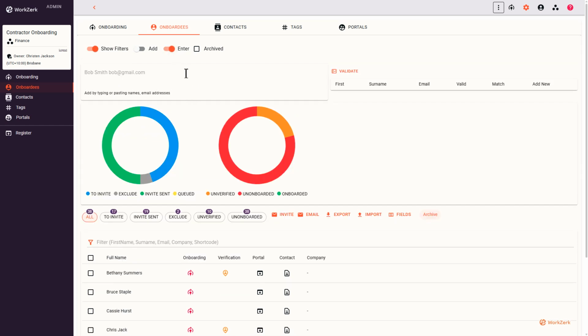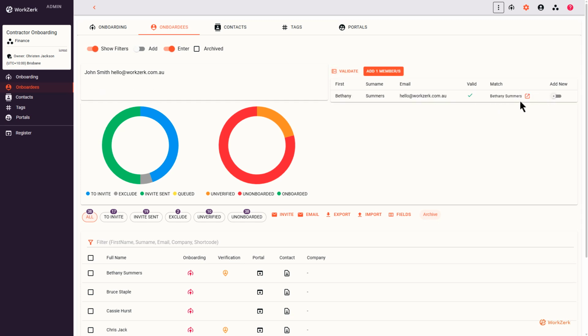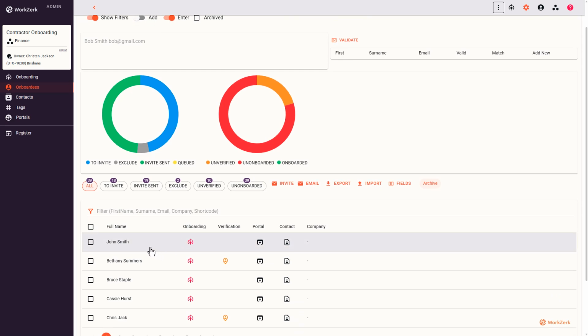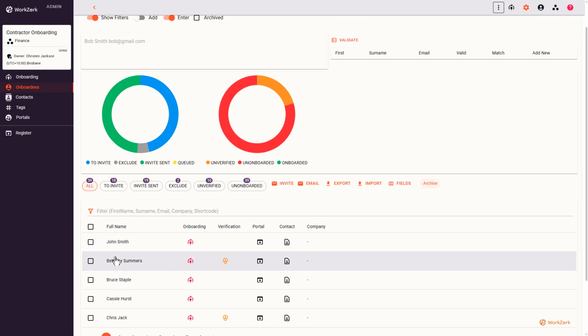So let's just set one up here. I'll use a different email address that I have access to here, and I'm basically typing or pasting in the details to get this in very quickly, and that's going to add John for onboarding. So John's there now. To invite John,